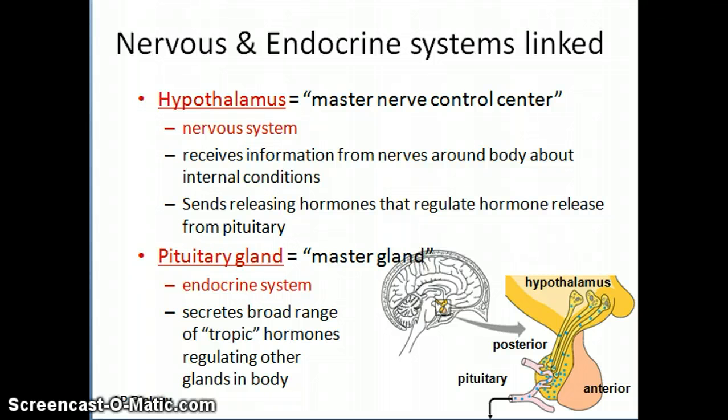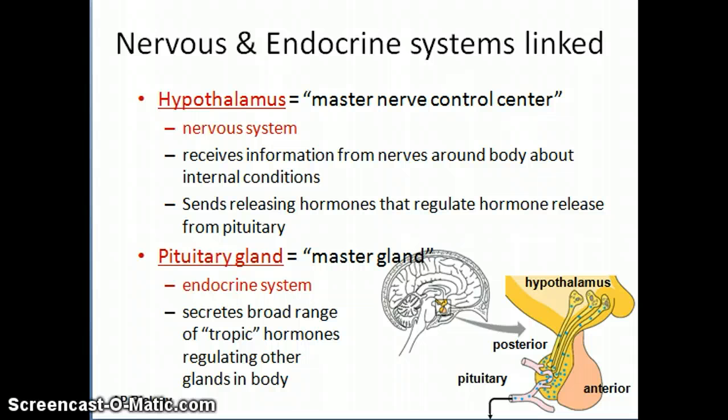So we've talked about the hypothalamus and a little bit about the pituitary gland, but we need to really focus in on this because they do play a major role in the endocrine system. The hypothalamus is considered the master nerve control center. It's located in this portion of the brain. It's about the size of an almond. It's a very small little portion of the brain, and it's the link between the nervous and the endocrine system